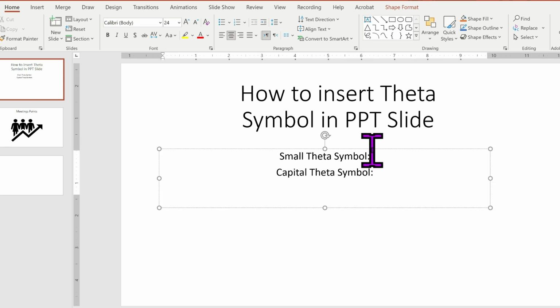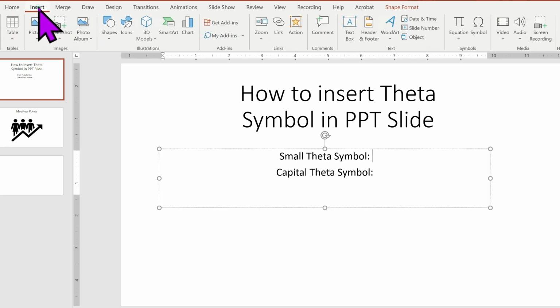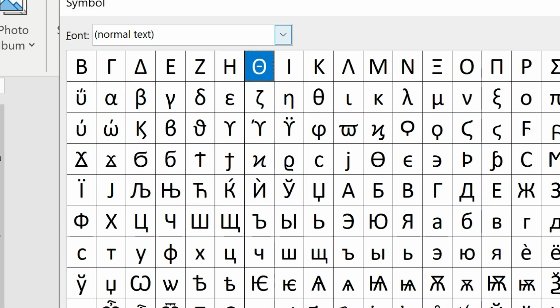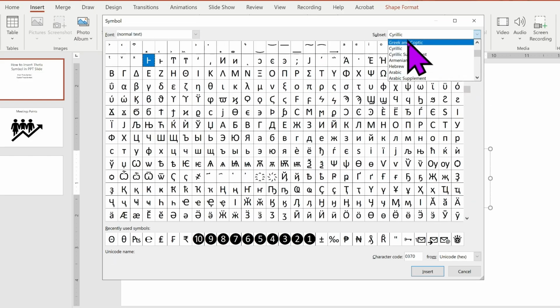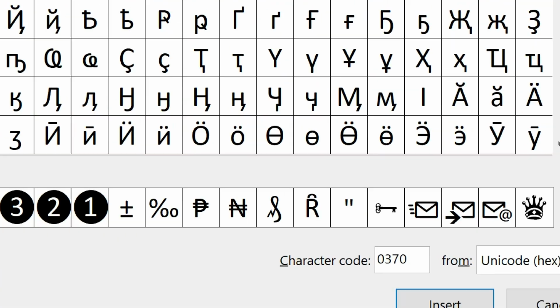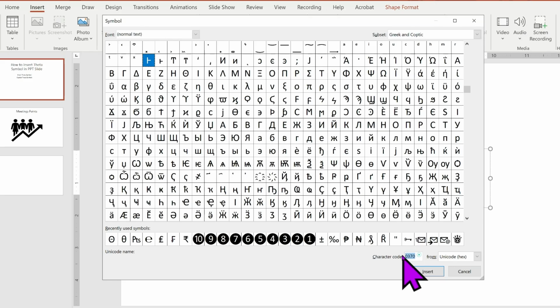So in the first method, you need to click on the Insert and click on the Symbol. And in the font section, you need to select Normal text. And in the subset, you need to select Greek and Coptic. And here it is. And in the character code, you need to first remove this character code and then type 03B8